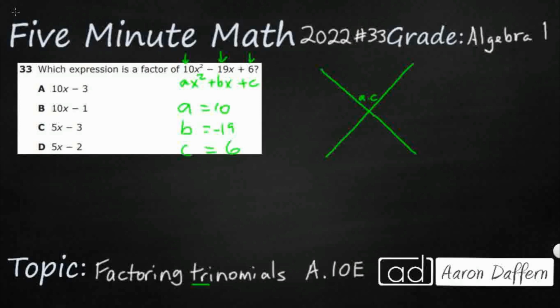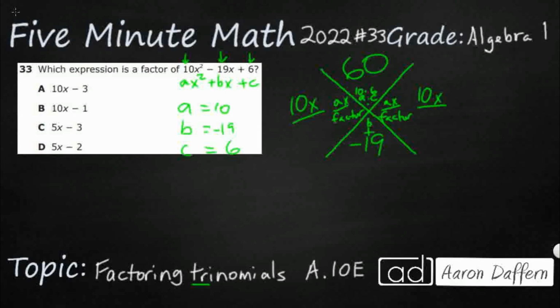So what we do in the top here is we take our A and our C term and we multiply them. So that's going to give me a 10 times 6. So let's put a 60 up here. Now underneath we are just going to put our B term, negative 19. On the left and right we're going to write AX over factor and then AX over factor. My A is 10, so I'm going to write 10x over. We're looking for two factors that we're going to put beneath those 10x's that multiply to 60 but add to